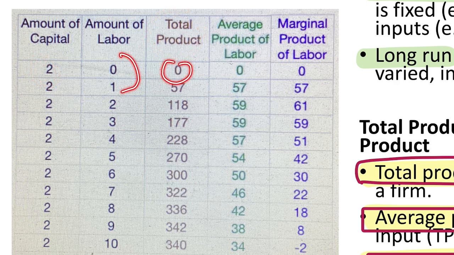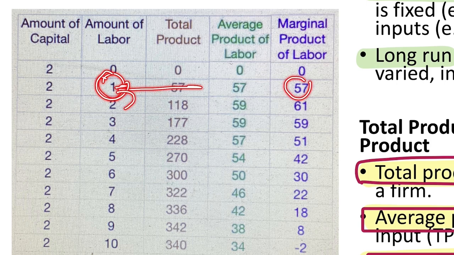And now you start employing one person here. You employ one person, you see the total product increased to 57. Now the average product is 57, because you have increased only one employee. Now the marginal product, because you have employed one person, the marginal product is 57, that is the output produced